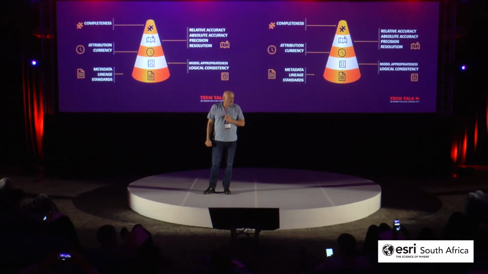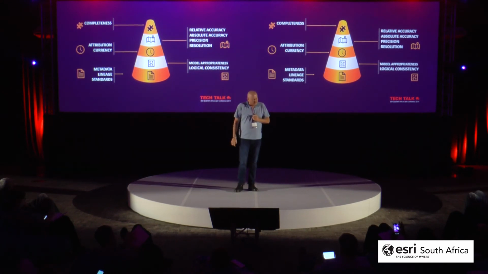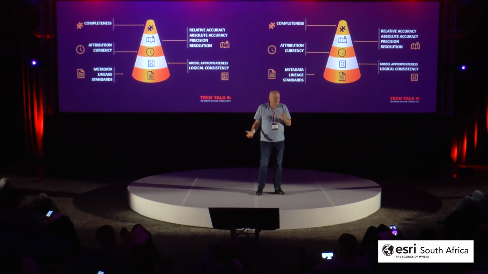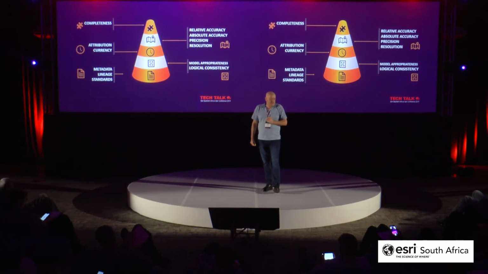Now I'm going in a clockwise fashion from the top left of that cone, where we start talking about your traditional spatial data accuracy issues, such as relative accuracy and absolute accuracy. So how well have we placed that point on the ground? We then talk about things like precision and resolution. Those are terms that we use in the remote sensing space. And then we go on to some of the things like, what's the topology requirements? That's under my logical consistency, and how are we going to capture this data as points, as lines, as polygons? How are we going to structure it within the database?